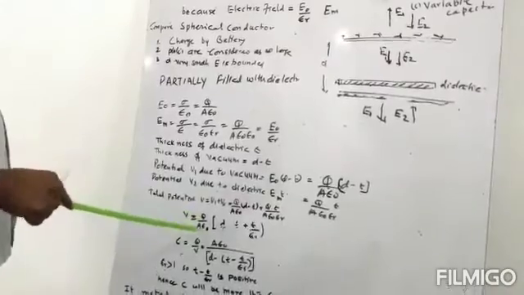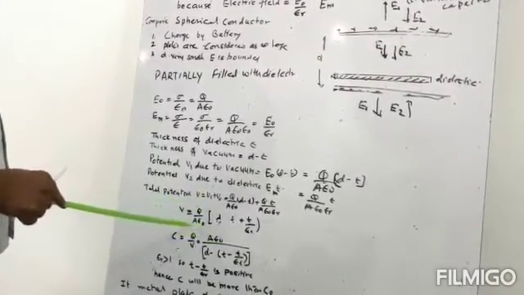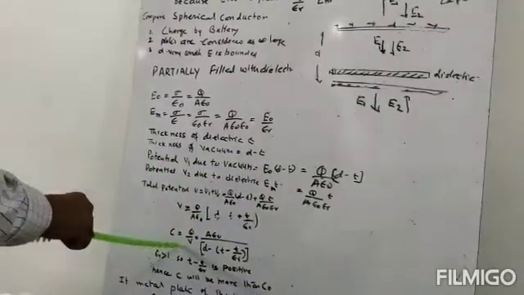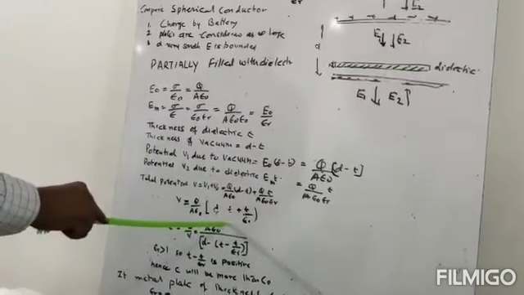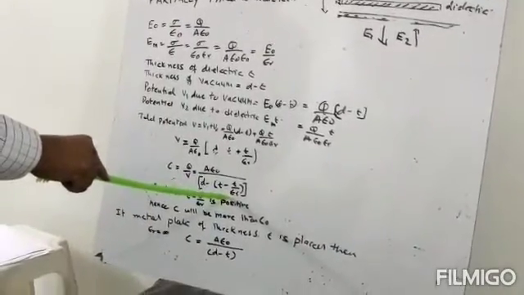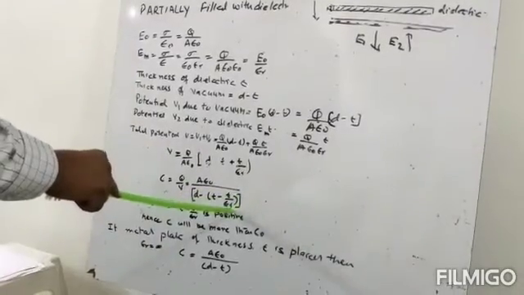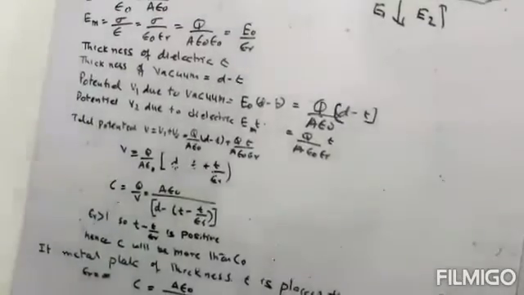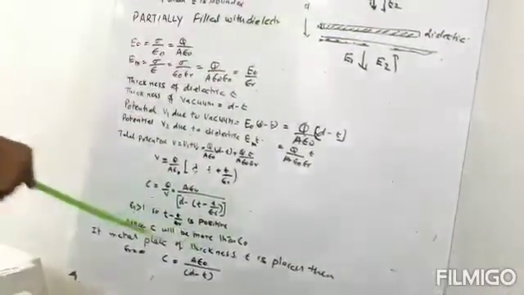So we cross multiply, then Q by V will be equal to A ε0 divided by this. So the capacitance will be equal to A ε0 divided by (d − t + t/εr). Now if t is equal to 0, then it will be all air, so C will be